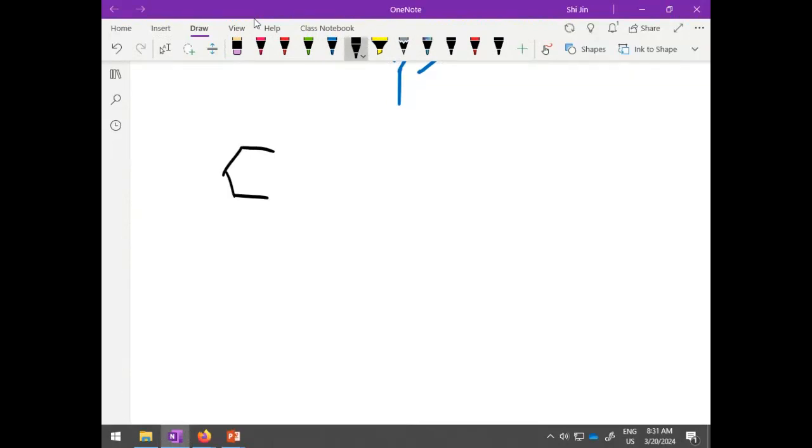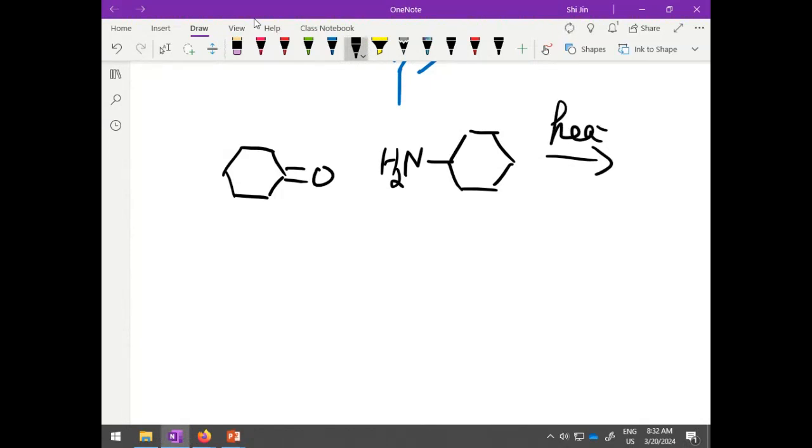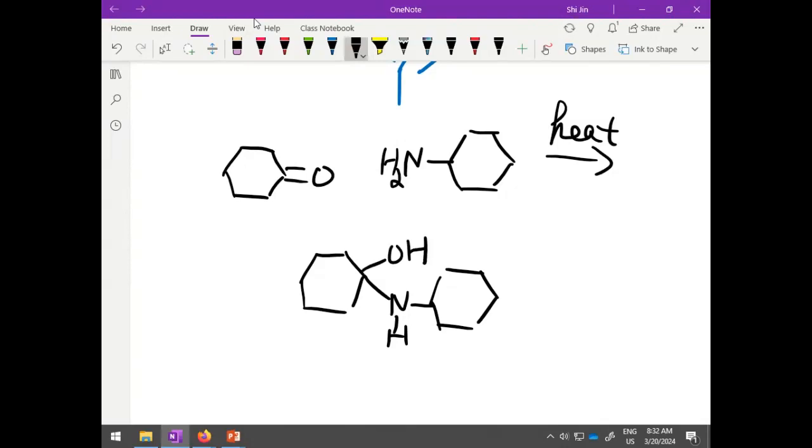The product is the same, but the mechanism is different. Say we just heat it, okay? In this case, your first step product should be this. Then you can have a beta elimination reaction, taking it from here, okay? And you get to the